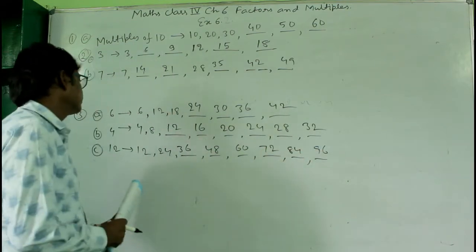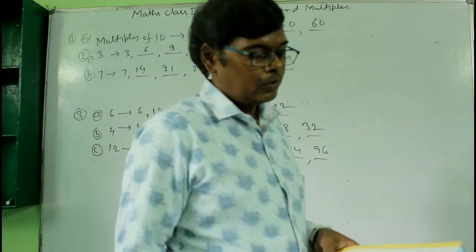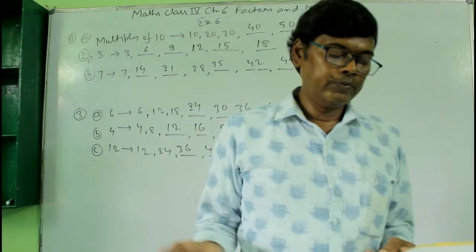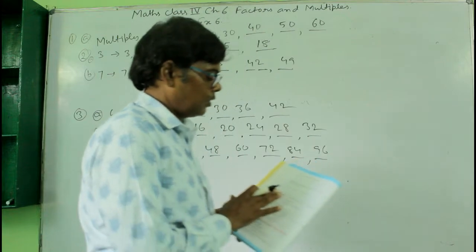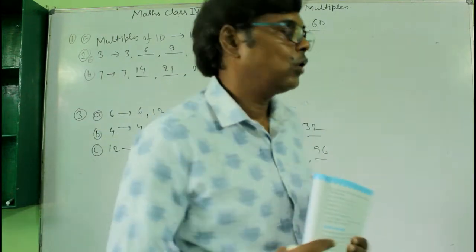Like this. Okay, so here I have written the multiples of all the numbers. Now here again you have the last question, that is observation. The multiples of even numbers are dash numbers. So what do you observe here?